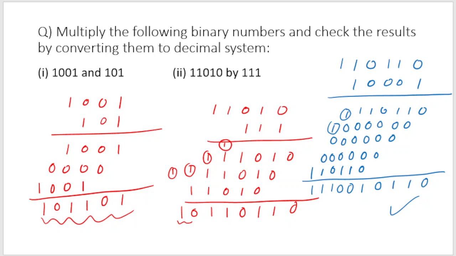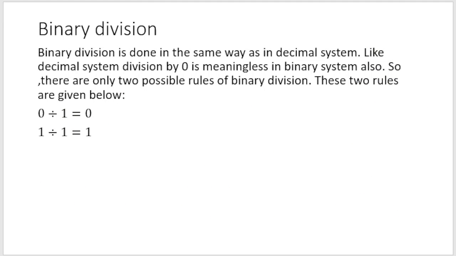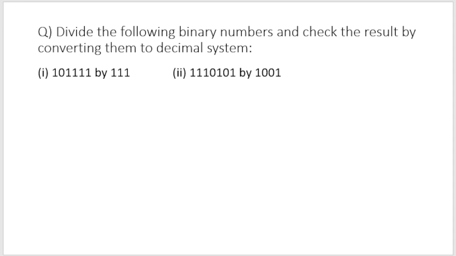Now moving ahead, let us talk about binary division, and as we have seen in the decimal also, the division by the number 0 is meaningless, right? So same is true with binaries also. So you can't divide something by 0, so the only possible options left are 0 divided by 1, which is 0, and 1 divided by 1, which is 1. So how does it work? It works exactly the same way the division works in the decimal number system,